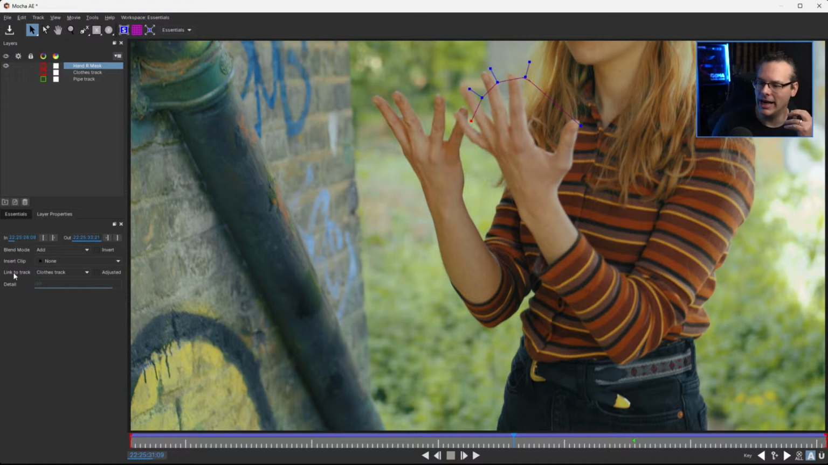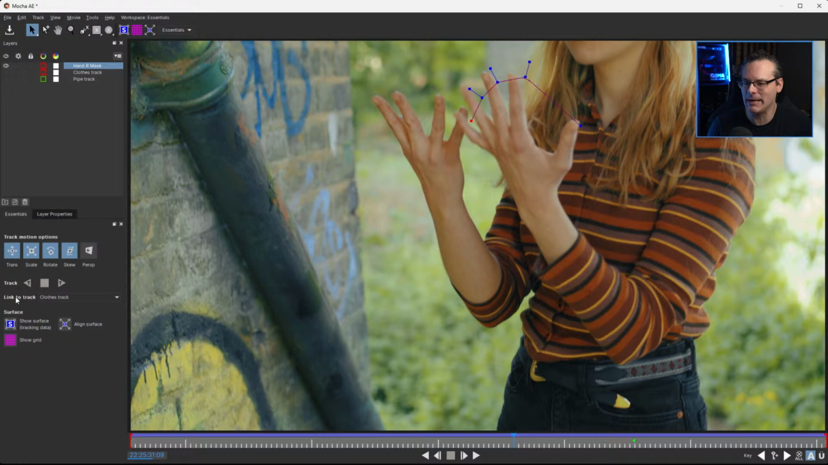If we take a look at layer properties, we have things like the blending modes and all that sort of stuff. Not interested in that at all. Not interested in the insert clip either. Boom. What we are interested in is this link to track. This is the same link to track as we've got in the Essentials, except there's one other little